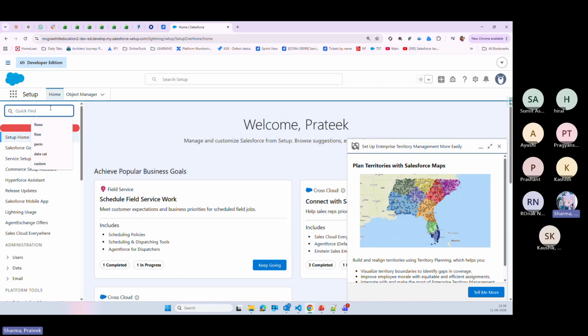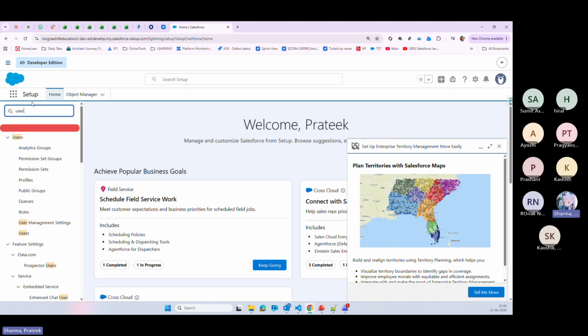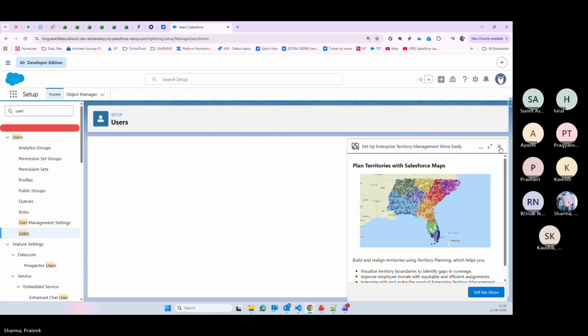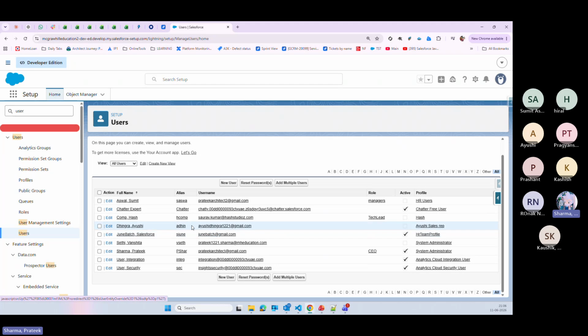So for the user, what you need to do is go to this gear icon, and you can type user here in the quick find box. Here in the users, you will have a users link, and you can simply click on this link. Here you can see all the users in your org, and we just need to check all the Salesforce license